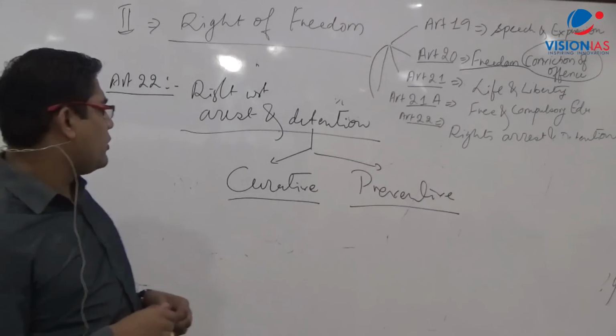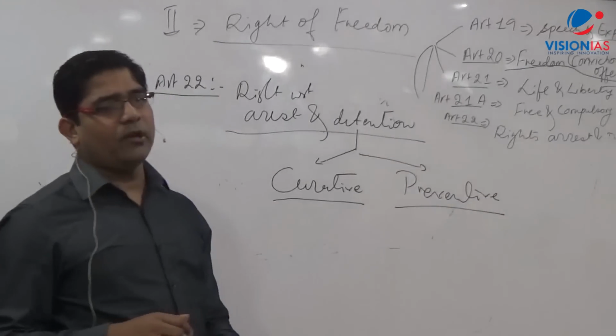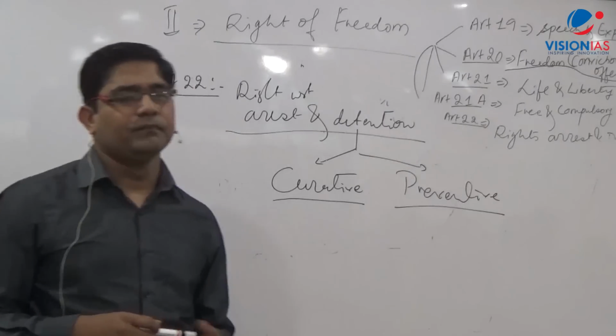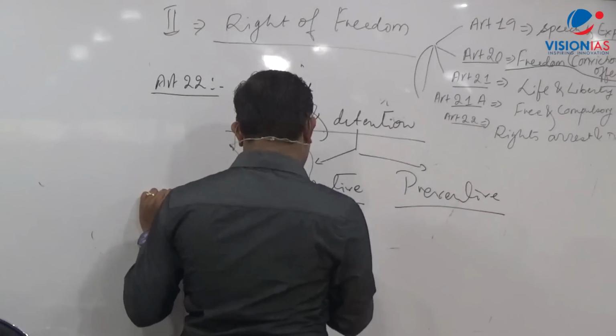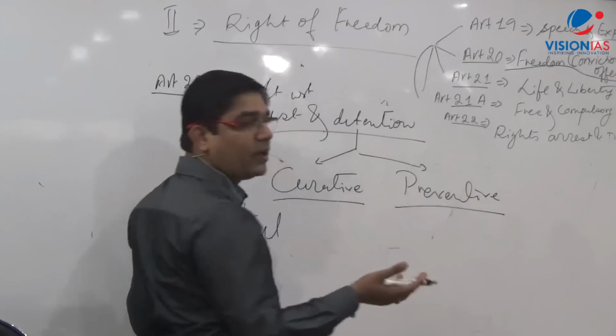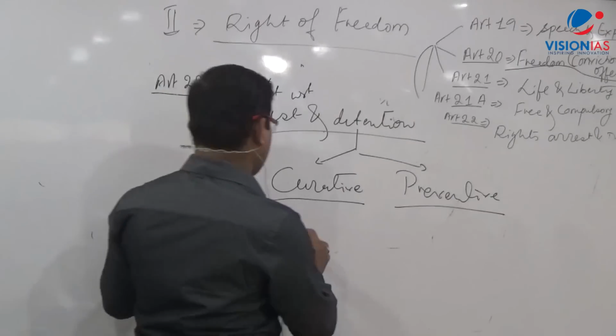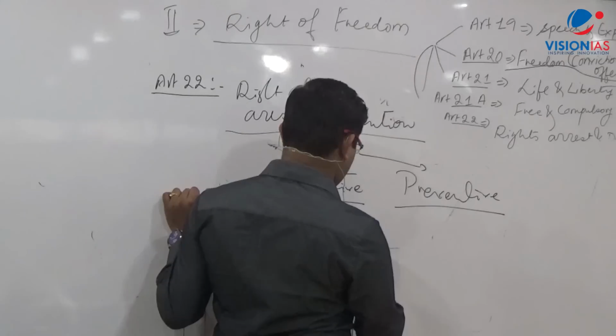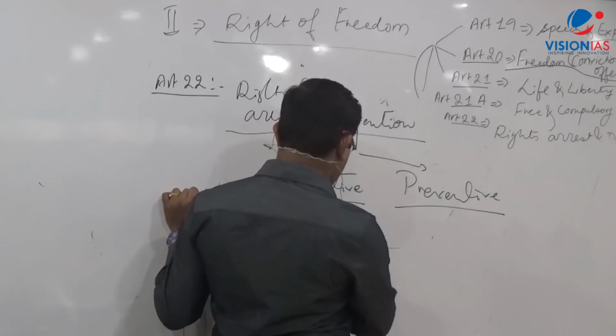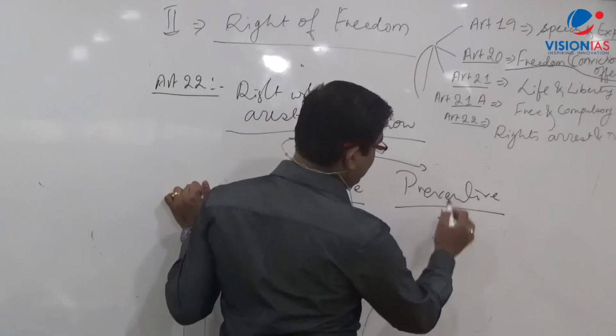So let's see now curative. Obviously, it is in order to correct after the trial and conviction. After the offense, the constitutional provision we will come to later. Trial and conviction. And preventive is